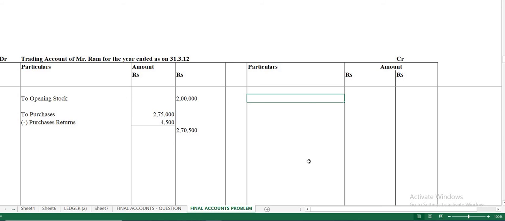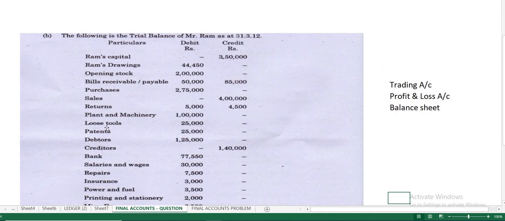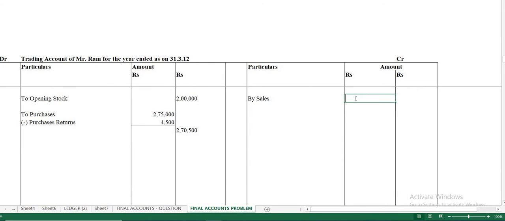Credit side we can finish and then come to debit side again to see if any other item has been skipped. In credit side, if you see, sales will come under the credit side of your trading account. Sales, if you see, the amount is 4 lakhs. Okay, just we can enter 4 lakhs. If no returns is there, no sales returns, here you can enter. If sales return is there, you have to give it here only. Okay, so again if you see sales return, you have to deduct. Just give your sales returns. Sales returns you have to subtract, amount to be given here.